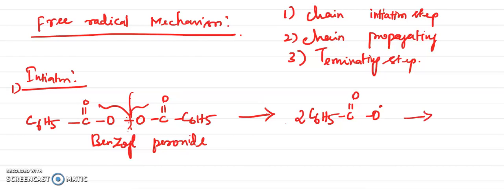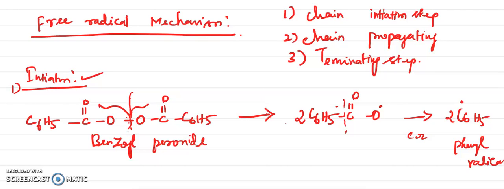And this is converted into the phenyl radical. How? Here there is C double bond O and O, that is carbon dioxide, which is eliminated. The remaining is two molecules of C6H5, correct? So 2 C6H5. Here you should mention the free radical, because a cleavage happens here, so there will be an electron. That is why we have mentioned the dot here, the presence of an electron. This is a phenyl radical. So we got a phenyl radical through the first step. This is the initiation step.